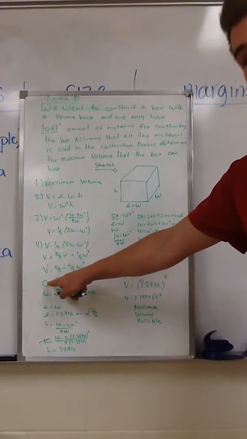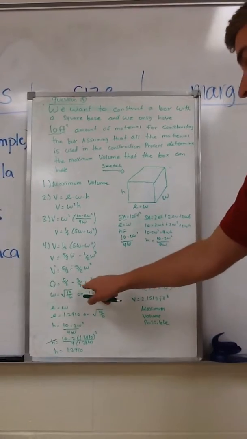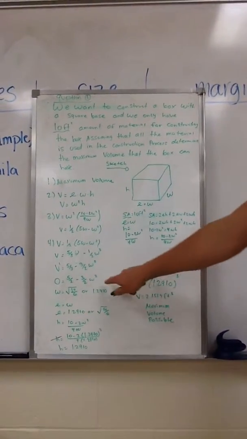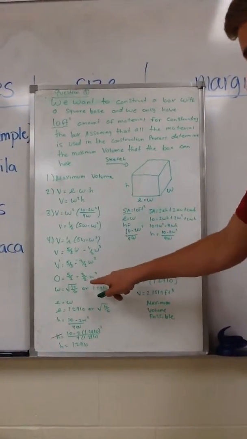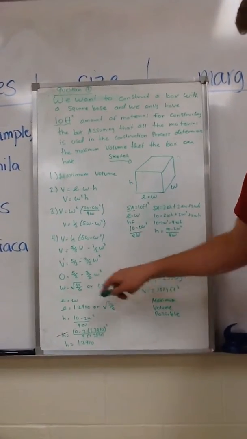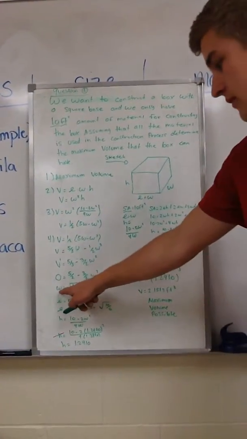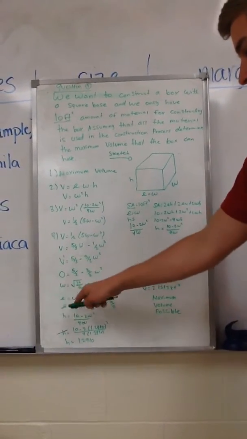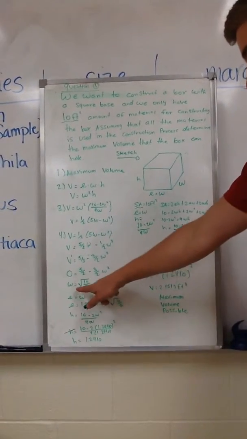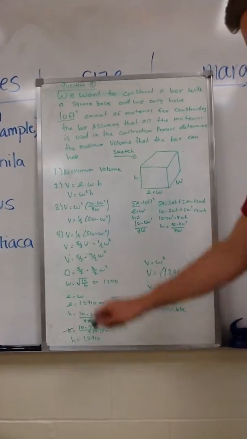And then we have to set it equal to 0 in order to find our width. So 5/2 equals 3/2 W squared, and then we solve for W, so we have W is equal to the square root of 10 over 6, or